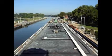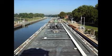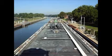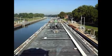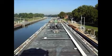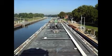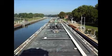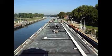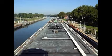Well, guys, we're tied off, and my deckhands are turning the one barge I'm faced up to loose, and we're going to proceed to slide over. Okay, all gone. Here we go. Basically, this is just going to be sliding next to these other 2 barges. Like I said, I have 3, and we're going to slide over. We'll have a whopping 2 feet to spare to make this little